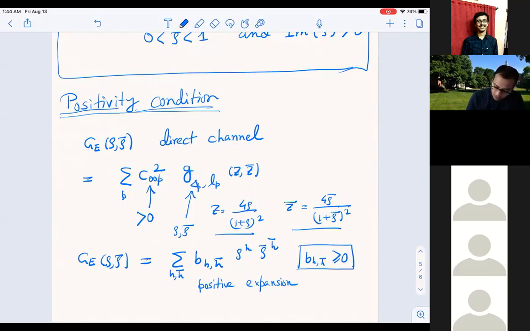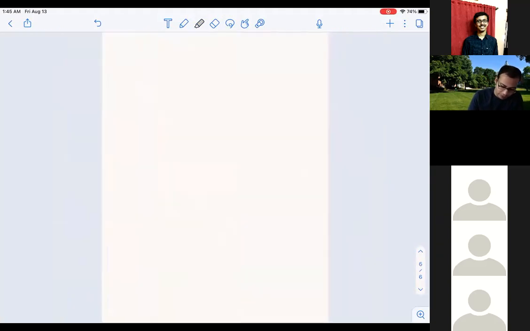Okay, now see one thing. These two expressions, they are equal, right? Because they represent the same quantity. One is a function of Z and Z bar, and the other one is a function of rho and rho bar. So basically, you can write down a general expression for this sum. By equating these two, we can write down